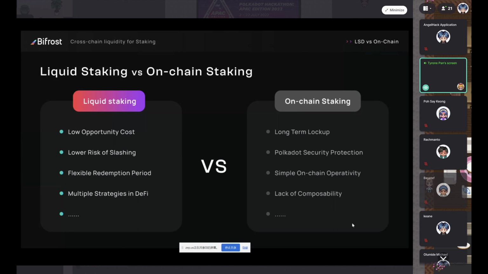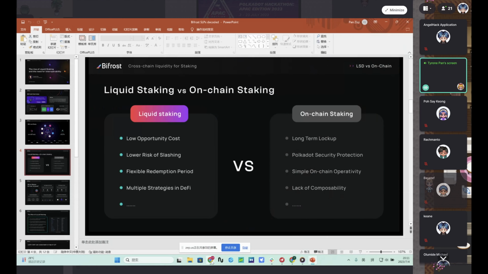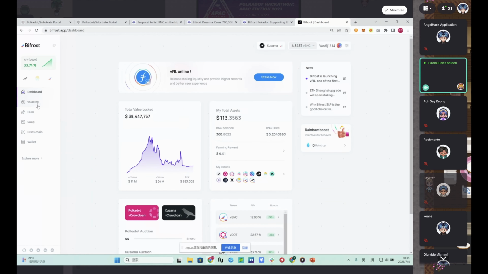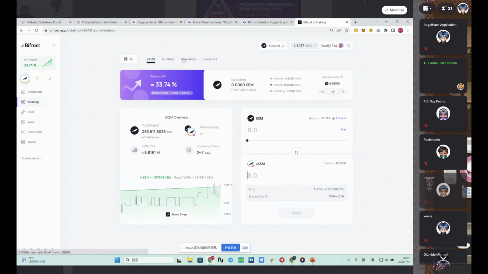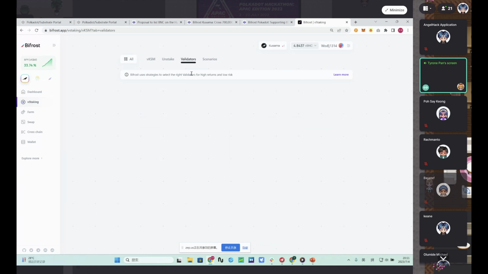It depends on the mechanism of Bifrost to select the validators. So I can show you. Let's take an example, maybe BKSM is a good example. So if you check in the validator,